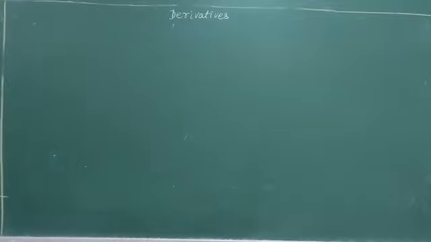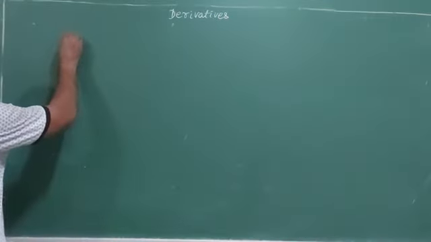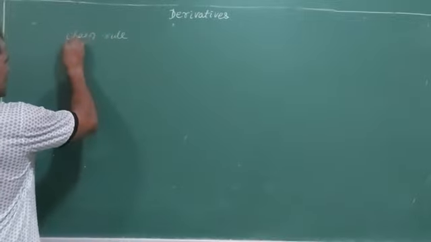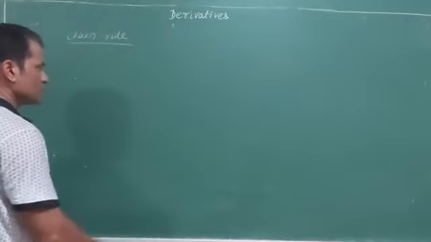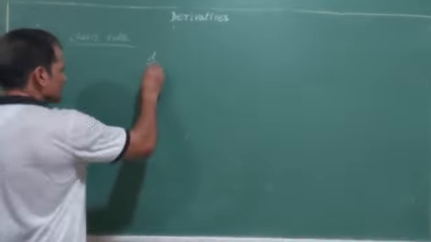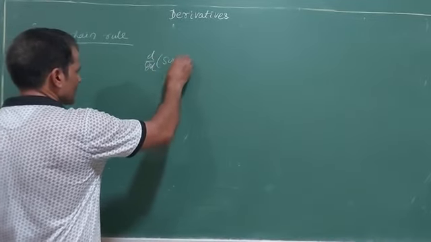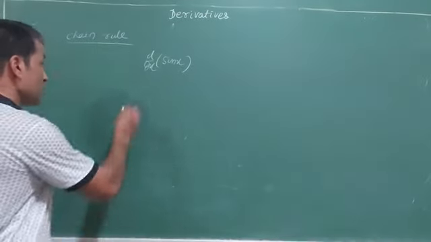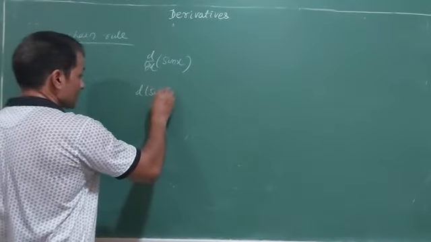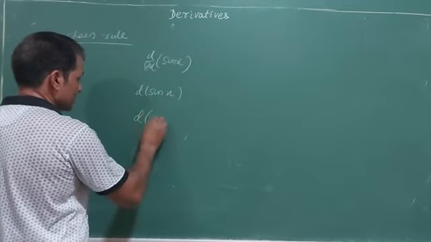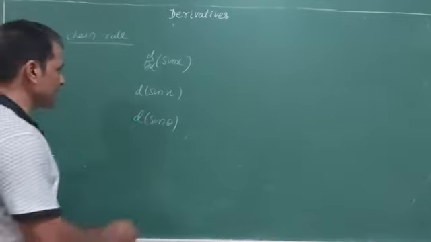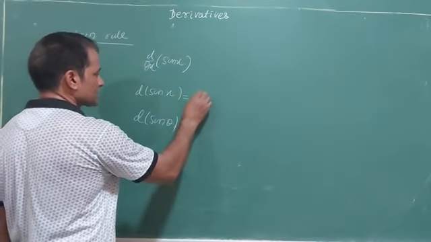Now let's start with the derivative topic of class 12, that's your chain rule. What is the chain rule? First of all, we need to understand. If I am writing d by dx of sin x, whenever I see a question, what is my first target? Only if I write d of sin theta, try to understand the difference here. If I write d of sin x, that means I am going for the derivative. The derivative of sin x is cos x.